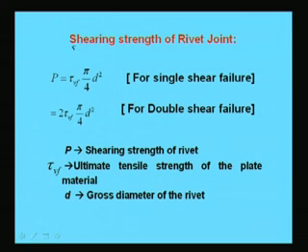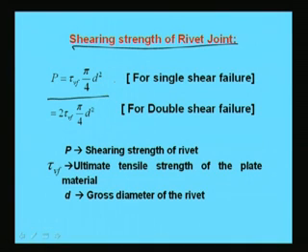So, shearing strength now we will calculate, because we have to find out how much shearing force can be withstood by the joint, particular joint, right. So, shearing strength can be calculated for a single shear as P is equal to tau Vf into pi by 4 d square. That means, tau Vf is the